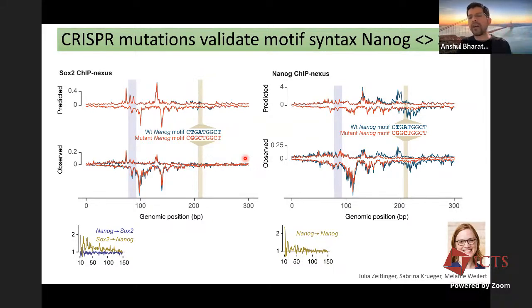We had a few other validation experiments in these. These are super difficult experiments to do. So we just had 3 or 4 of these point mutation CRISPR experiments. But hopefully that shows you that the model can learn this kind of beautiful syntax. And now we've been applying this to hundreds of different transcription factors and thousands of cell types and trying to derive all these higher order syntactic rules. And there's incredible